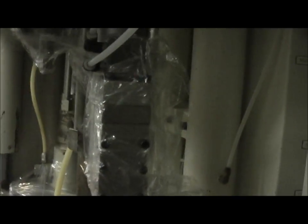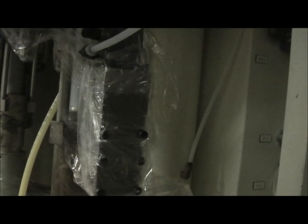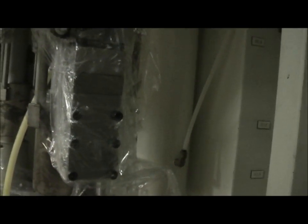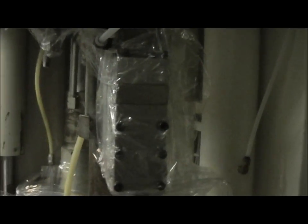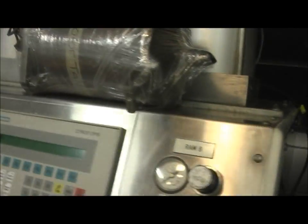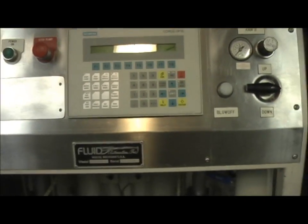are these valves here. These are around $2,000 a piece, and they have been replaced, and you should have no problems for at least about another 3 or 4 years with those. Both of those being replaced on those. Solenoid valves, at some point in the last 3 years they have been replaced. The only thing that has not ever been replaced on this is the PLC and the controls on the front